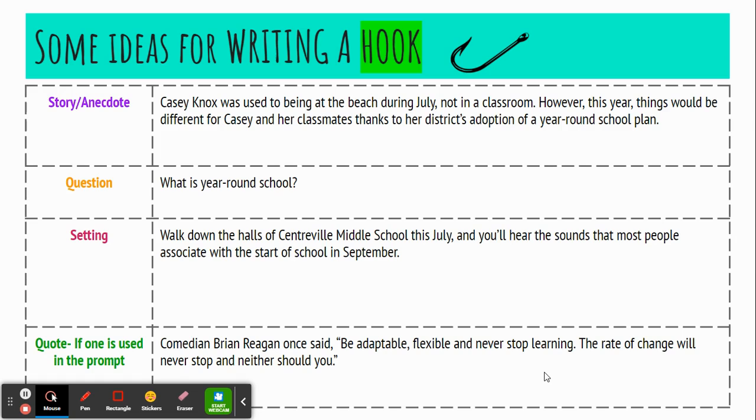know more. In this example, we talk about a student who is usually at the beach during July, but this year things are different because of her district's adoption of a year-round school plan. That makes the reader start to think like maybe that student and understand how it might feel to be in that situation. And you can see how that would hook the reader in to wanting to know more about year-round